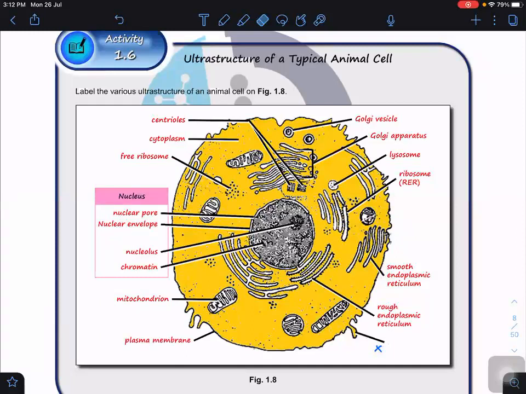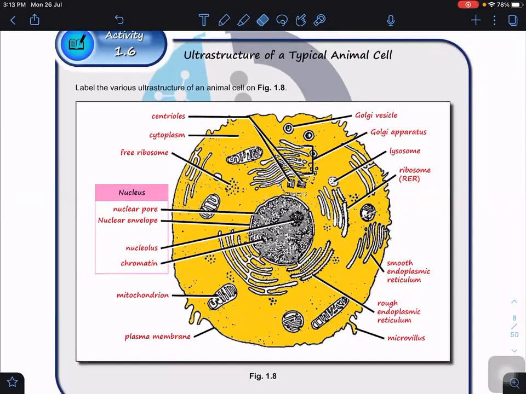And this one, the last one, is the plasma membrane. So you can see that sometimes the plasma membrane forms a folding like this, right? The folding. So this folding is known as the microvillus, okay? Singular microvillus, many of them called microvilli. Do you manage to get all correct? Yes or no?